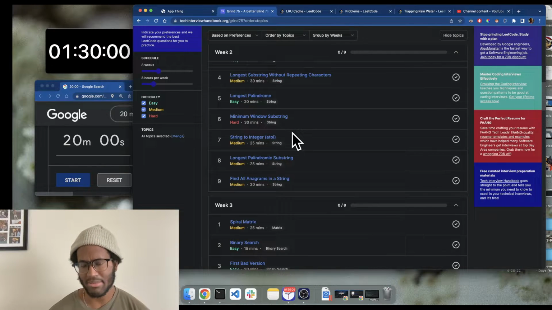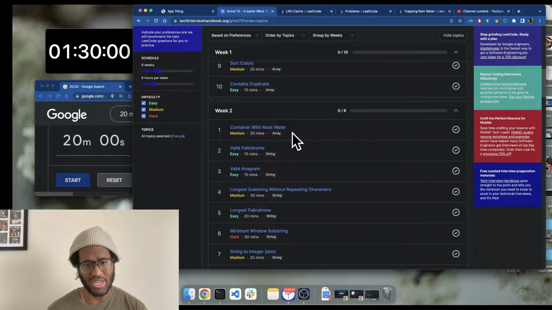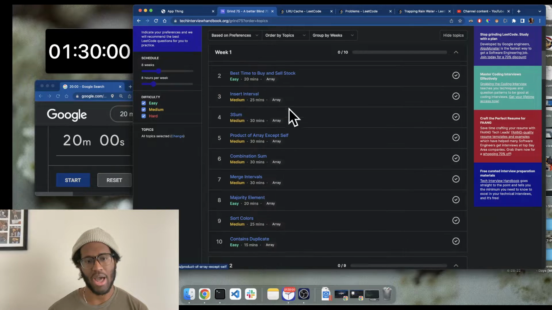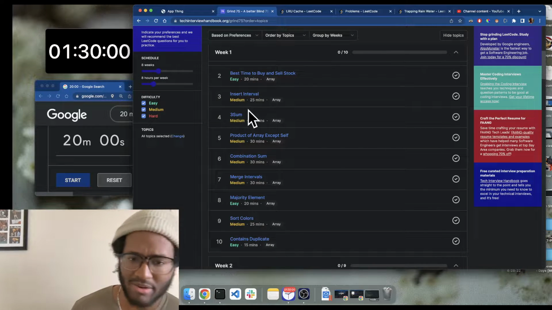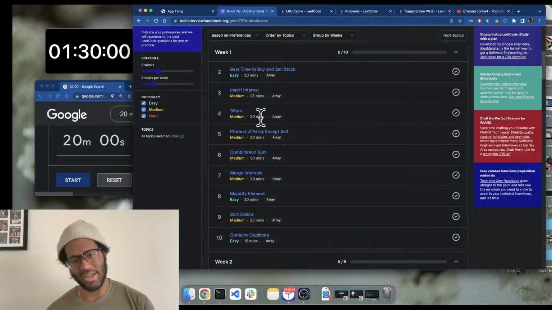But at the same time, I want to attack the weakest spot. The weakest spot is where you end up gaining the most. So I don't know if we'll do every problem in this. Some of them I've already done, like Majority Element, Contains Duplicate. I don't think I've ever done Sort Colors. I've done Best Time to Buy and Sell Stock a long time ago. I don't remember how I did it. And we never did Two Sum. So maybe what we'll try is that